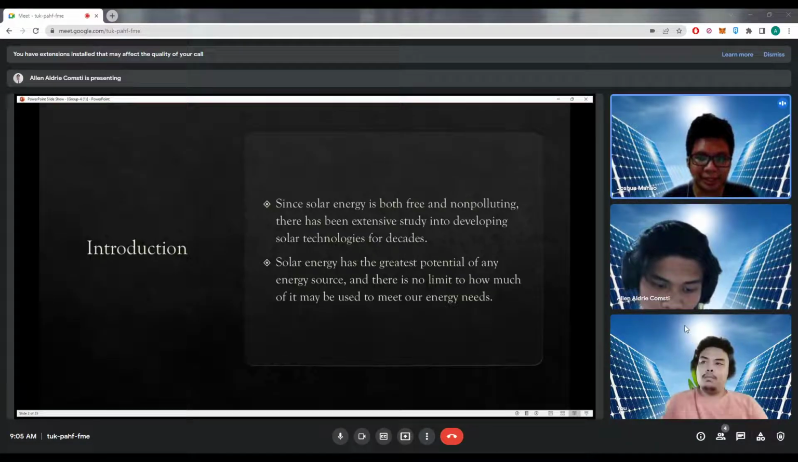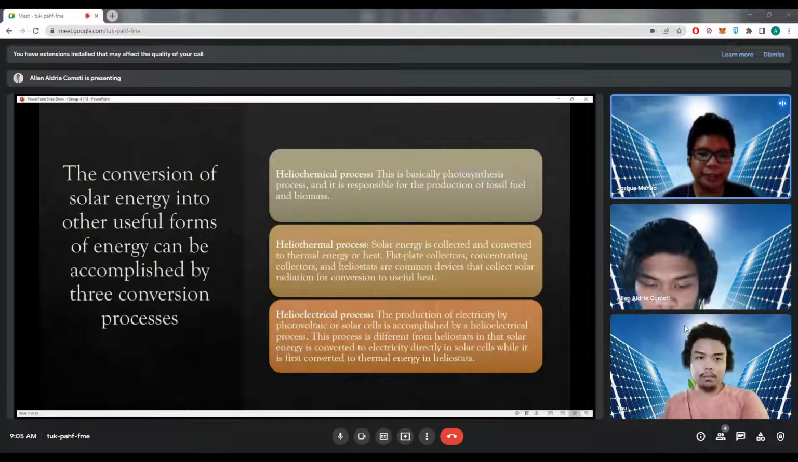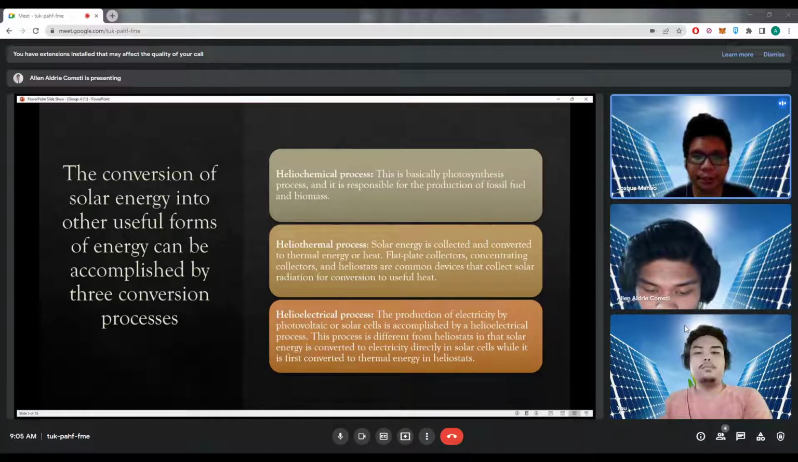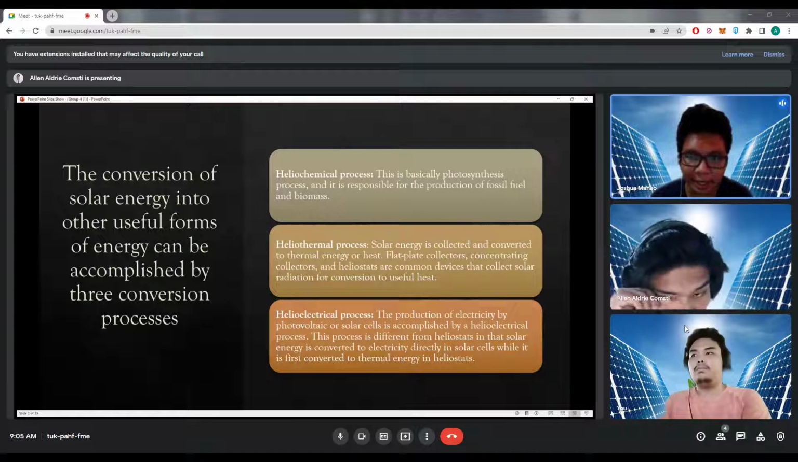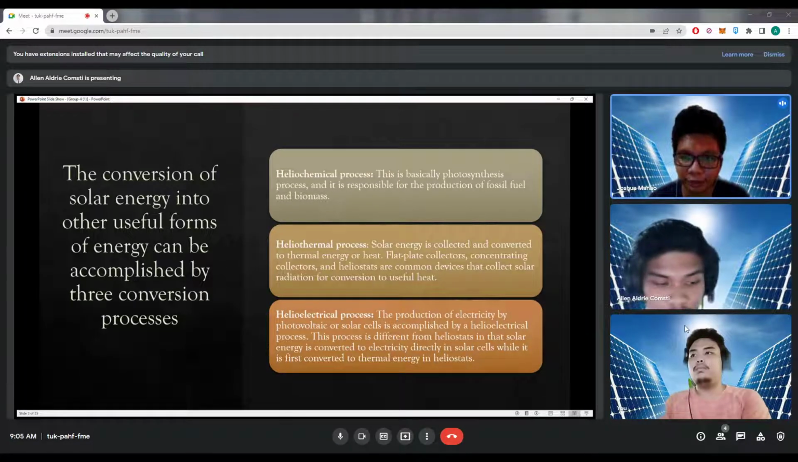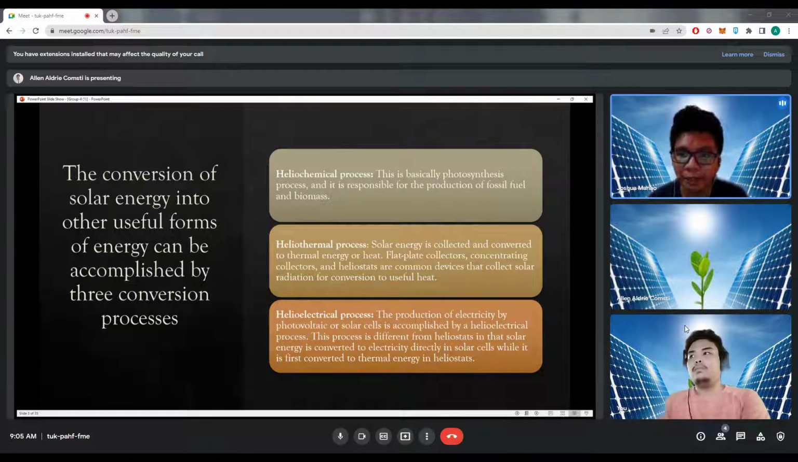Solar energy has the greatest potential of any energy source, and there is no limit to how much of it may be used to meet our energy needs. The conversion of solar energy into other useful forms of energy can be accomplished by three conversion processes. One is the heliochemical process, the second one is the heliothermal process, and last but not the least is the helioelectrical process. The heliochemical process is basically the photosynthesis process, and it is responsible for the production of fossil fuel